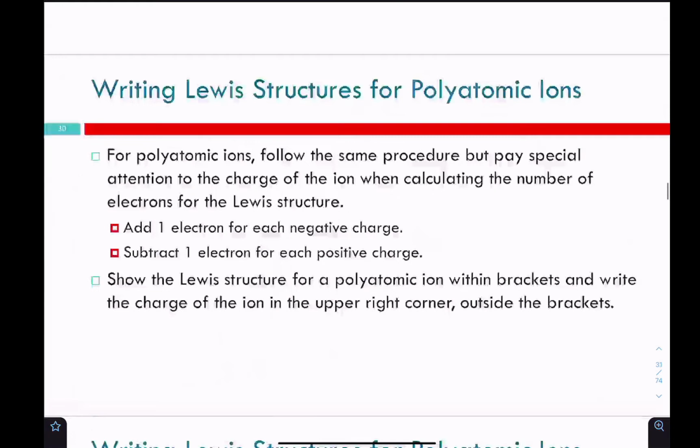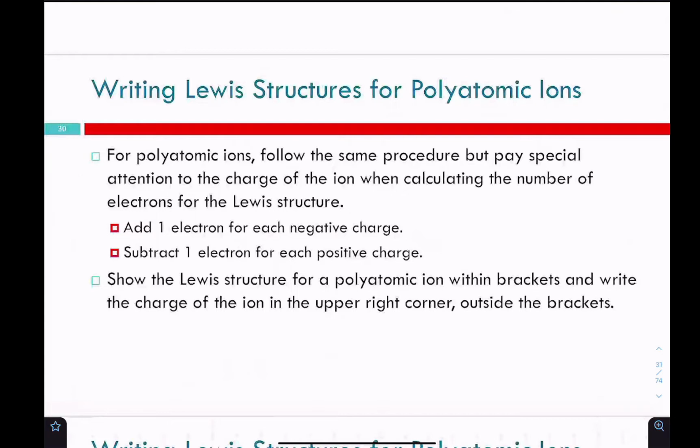A couple of specific rules for Lewis dot structures. One is that everything except for hydrogen, helium, lithium, and beryllium wants an octet. Hydrogen, helium, lithium, beryllium want duets, 2 electrons each. Okay, so we're placing electrons from a pool of valence electrons. We get that pool of valence electrons from